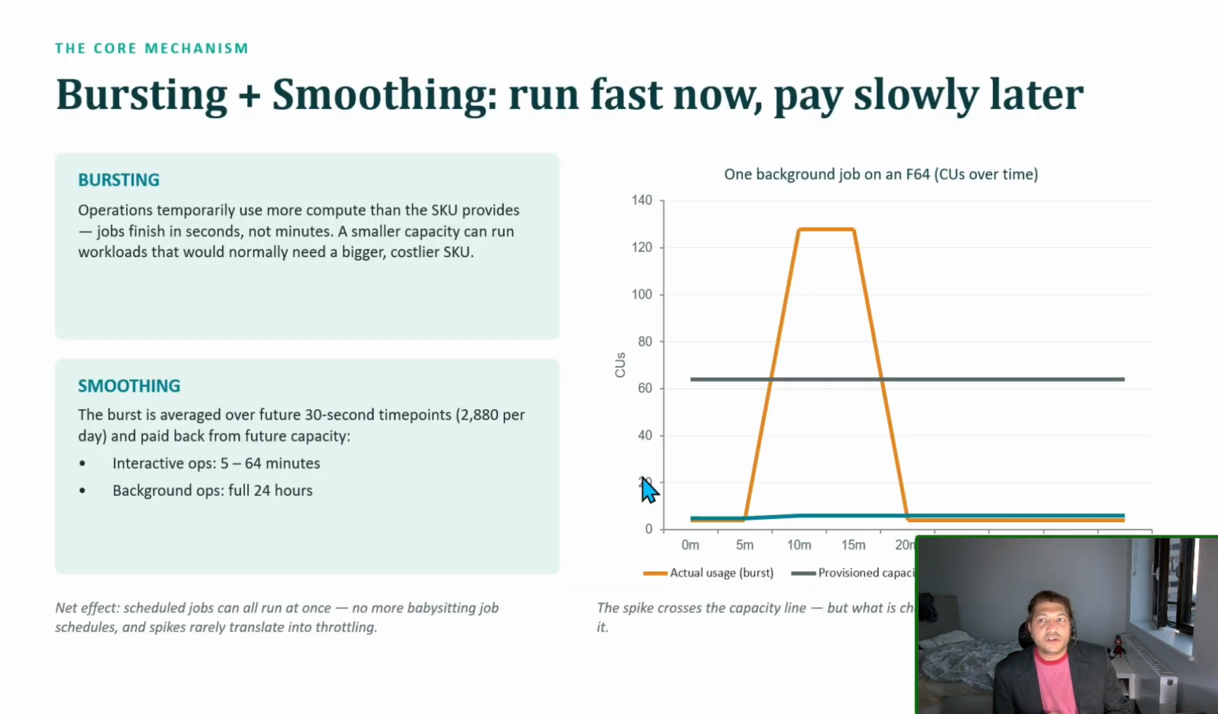So bursting and smoothing. Bursting operations normally use the compute, and then the SKU provides the jobs that you have and it goes over a period of time. So that is where the smaller capacity workloads like mine that burst out result in a costlier SKU. Smoothing is where the burst is averaged by the future 30-second time points and then it basically pays back from